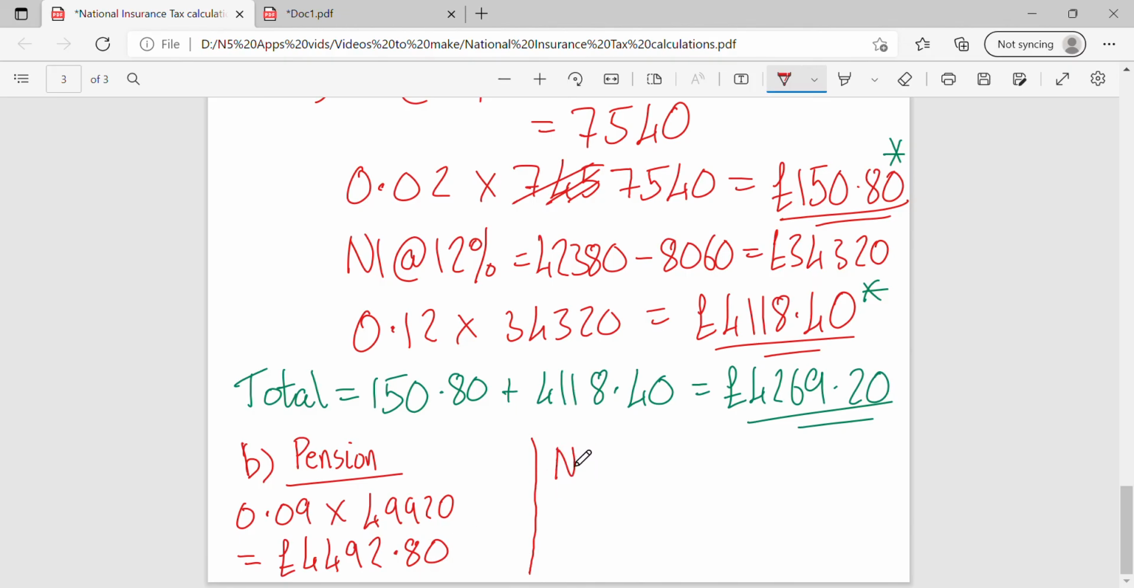So we're going to take the amount that he started with, £49,920. We're going to subtract off all of the deductions, and then we're going to divide that answer by 12 and then get our final answer. Okay, just because I'm running out of space down the bottom of the page. So we've got £49,920, subtract off the person's pension, £4,492.80, subtract off the total national insurance that we calculated, that's the answer there in green,